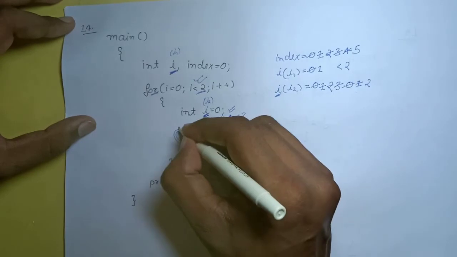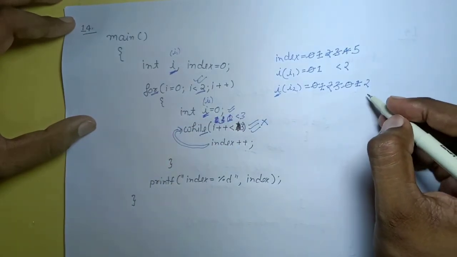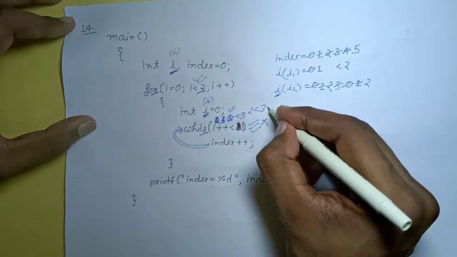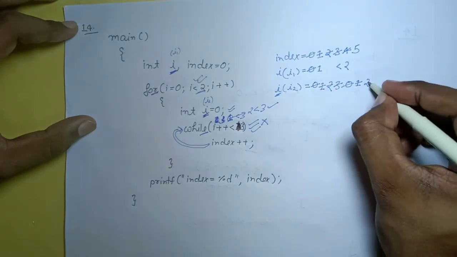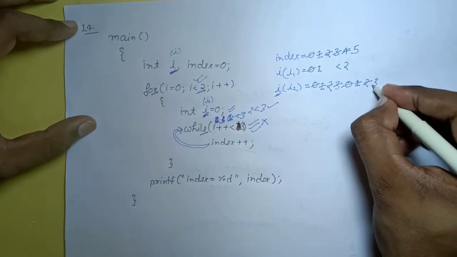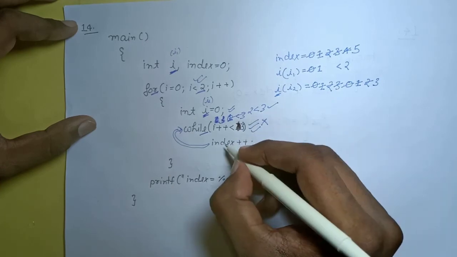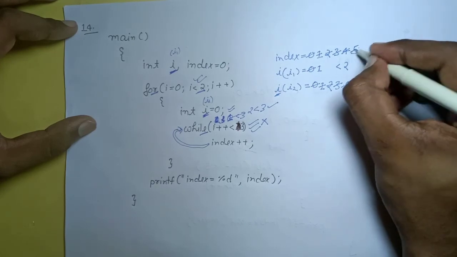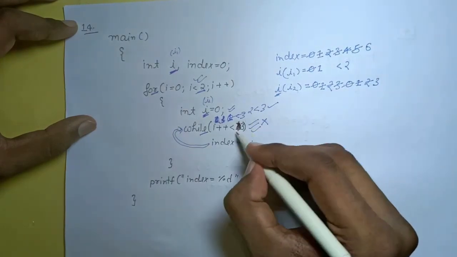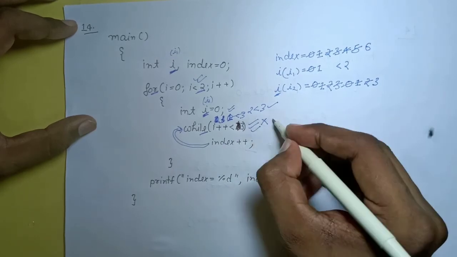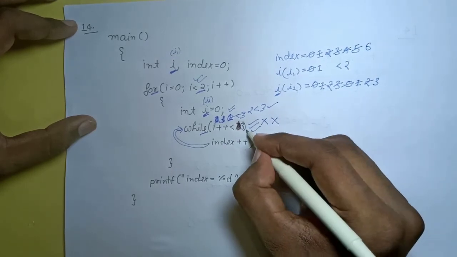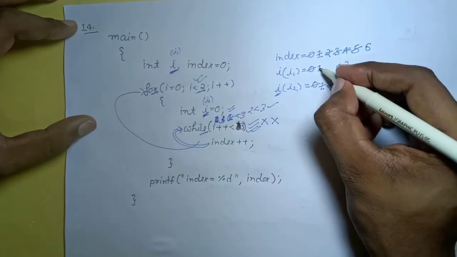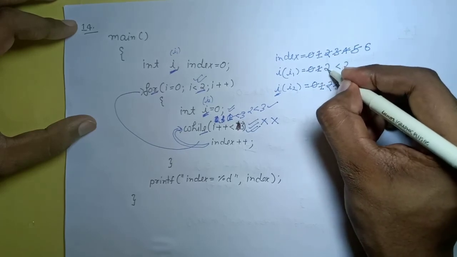The control again comes to this while loop, and the condition check is 2 is less than 3, obviously the condition is true. Now the value of I is 3. We come inside the loop and the index value is again increased by 1, which means the index value is now 6. Now the condition is checked, 3 is less than 3. Obviously 3 is not less than 3, which means this loop will terminate and the control comes to the outer loop, and here the I value is also increased by 1, so now the I value is 2.